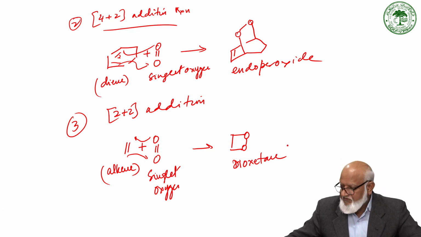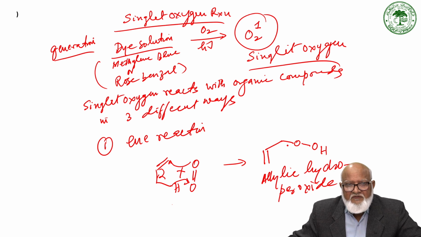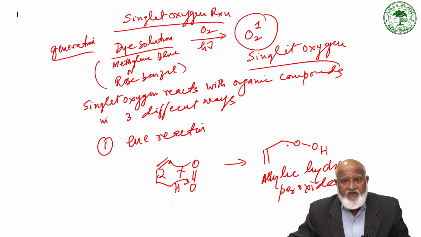Dioxetane is the product. So we can see here singlet oxygen acts in 3 different ways on organic compounds,